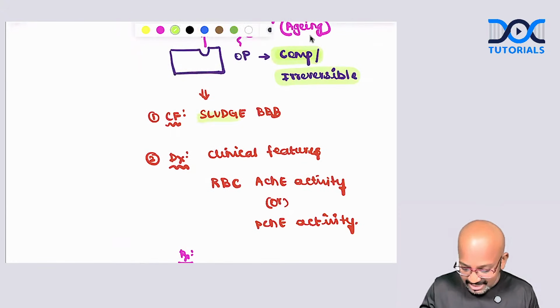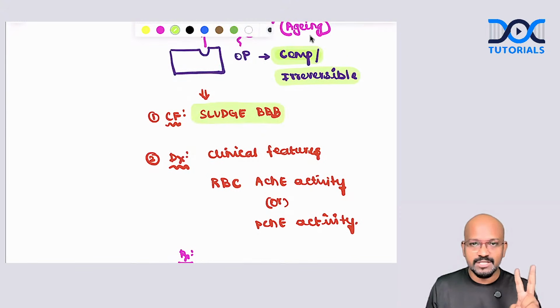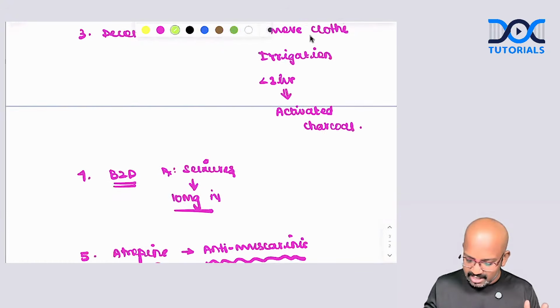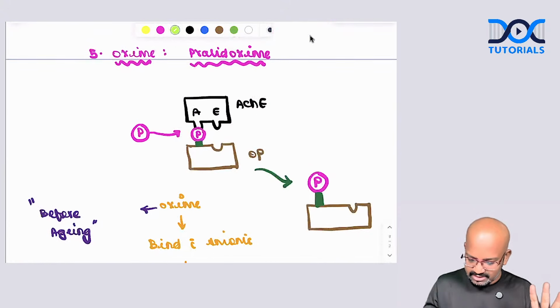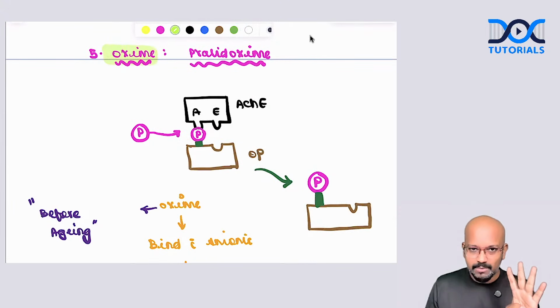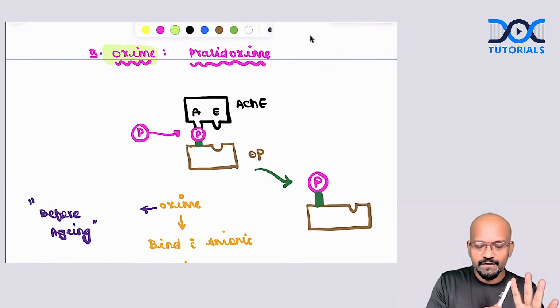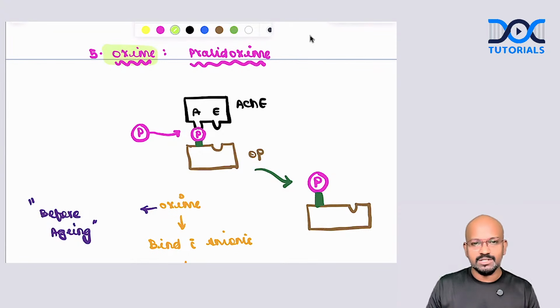Second point must be written: the clinical features, because most of the questions will be about that. Even as a subset of a long answer, they will ask you what are the clinical features of organophosphorus compound poisoning. So clinical features are extremely important. The next important one is atropine. The third point is regarding atropine and how it is useful. The fourth one is regarding oximes. Even if you can't remember any other points, you have to remember these 4 important areas: competitive irreversible inhibitor organophosphorus compound, then the clinical features, SLUDGE, BBB, the important points regarding atropine, and important points regarding oximes.